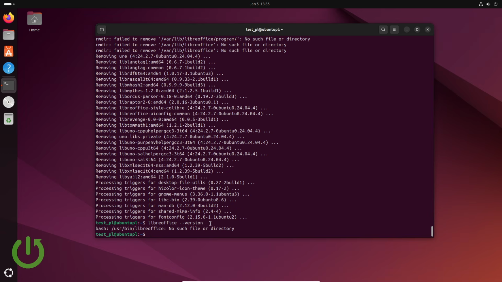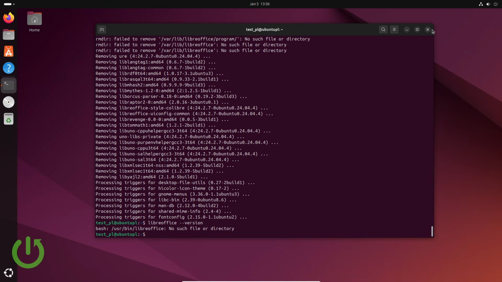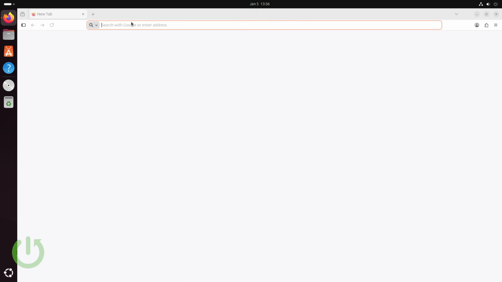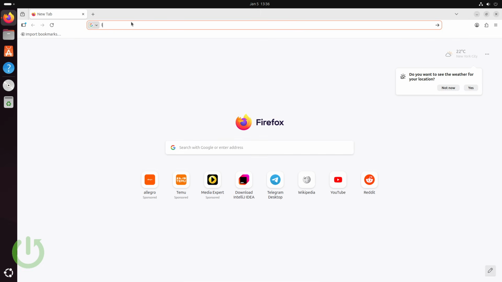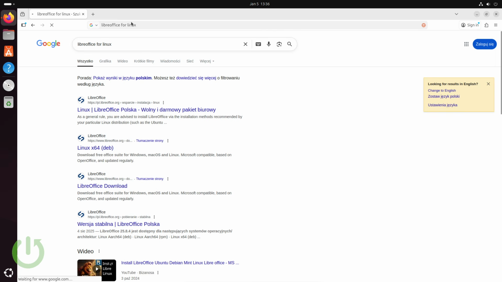So as you can see, I removed my LibreOffice. If I type libreoffice --version, we don't have anything, and the icons from these apps basically disappeared, so I removed it correctly, and now we can move to the browser. In the browser we will go to the official LibreOffice site, as I said before, LibreOffice for Linux, and right there we have the second site,